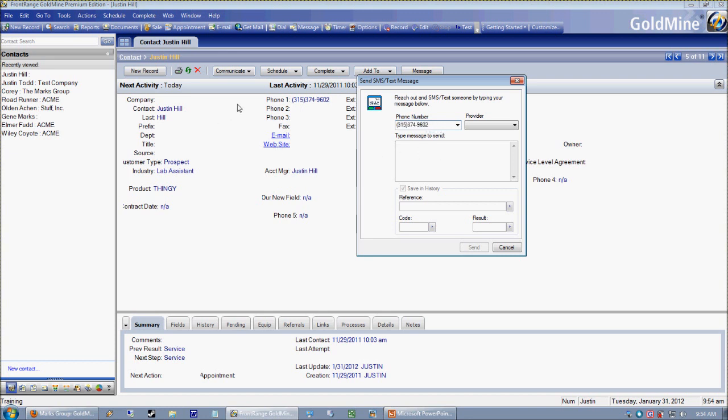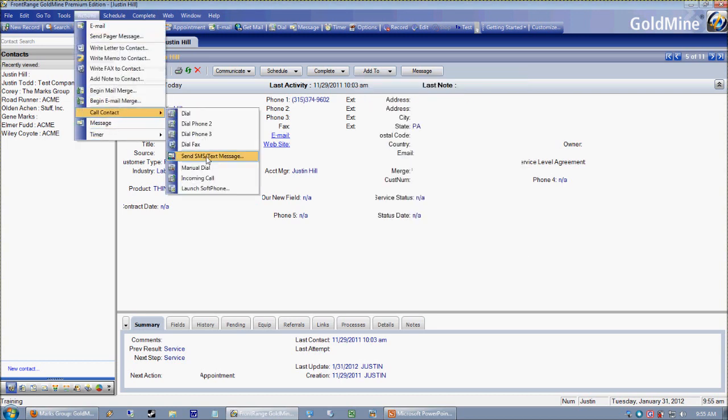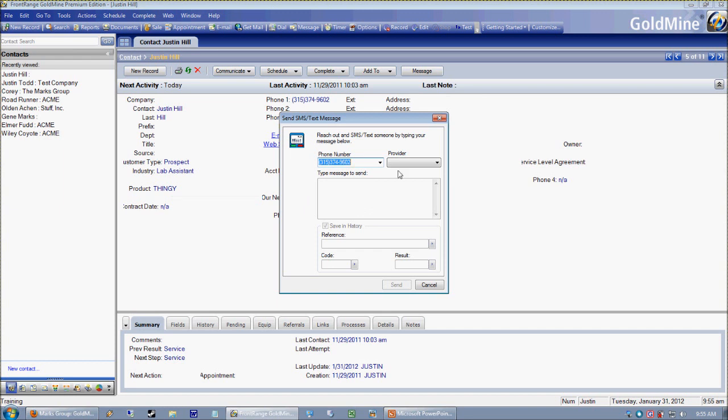But why we've seen problems in the field with this is that people have to know their provider. Every provider has their own little nuances of how the text wants to go out, and GoldMine just needs to know what provider it is. In my case, I know what my provider is. It's AT&T. So you'll notice here that I can't even type in any message until I select a provider. And I hit send,